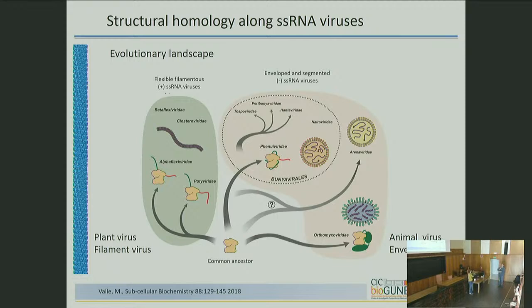The first thing is that nobody knows how assembly and disassembly is regulated. We don't know. It looks like some viruses recognize a three-dimensional structure of one of the segments of the genome in order to recognize the RNA and start the polymerization.